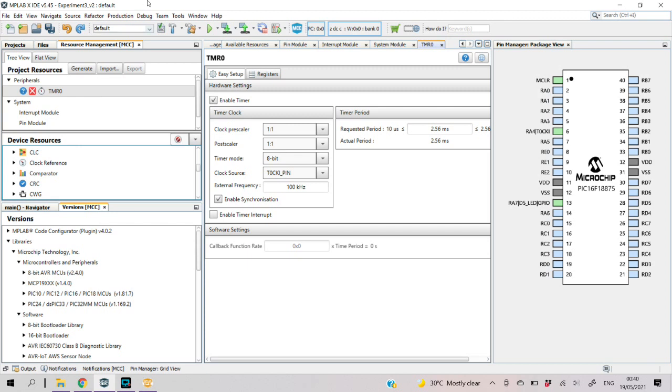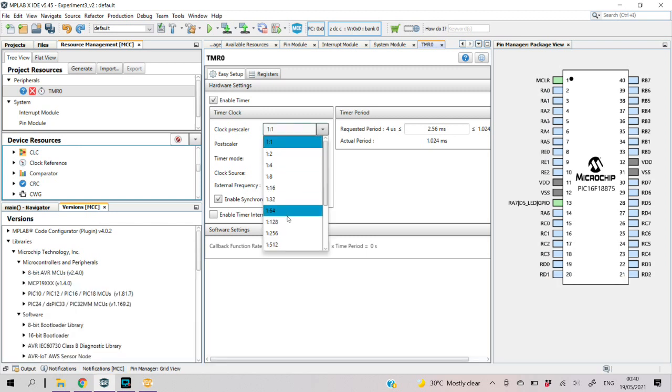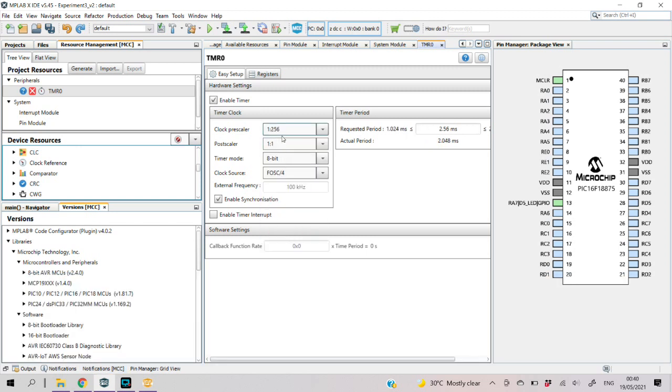So click the enable timer. It's already enabled. And the clock source should be the same, FOSC over 4, that is the instruction clock. And the prescaler is the same as earlier, which is 1 to 256. And the timer period is 250 milliseconds. And enable timer, but this time we will enable the timer interrupt, or we will check the timer interrupt box